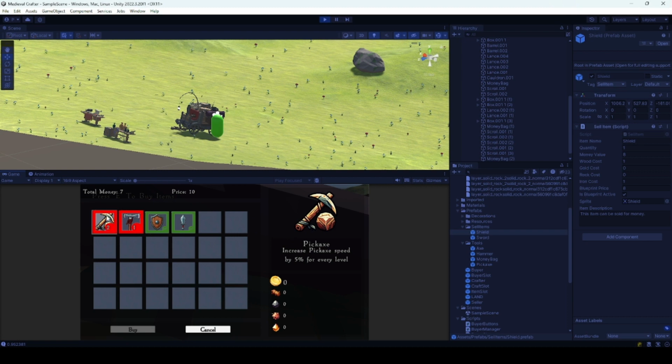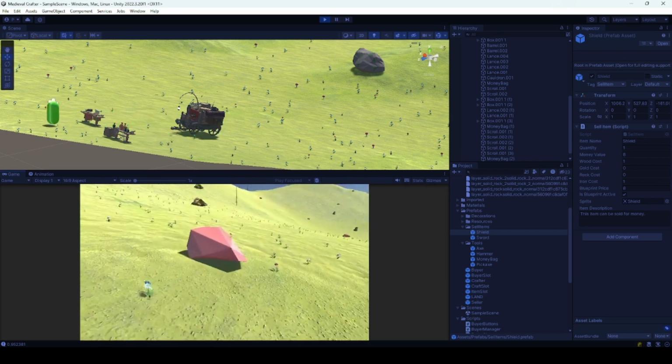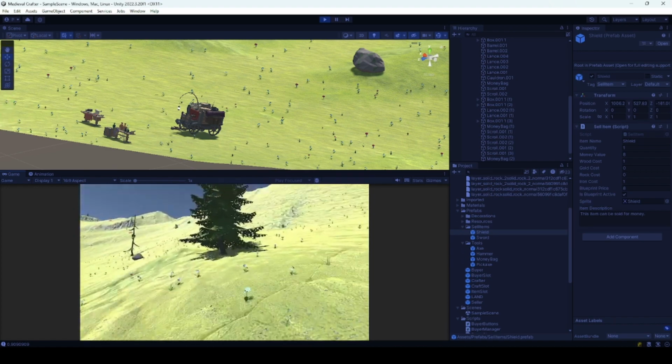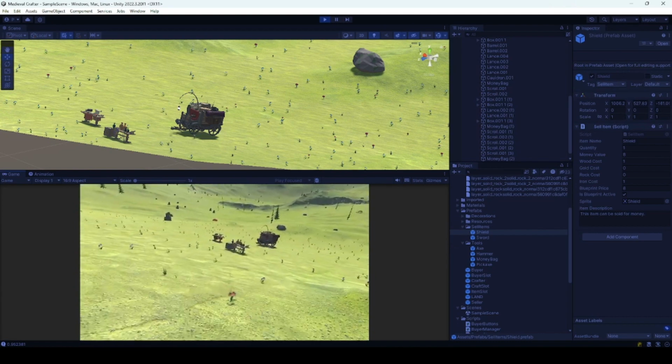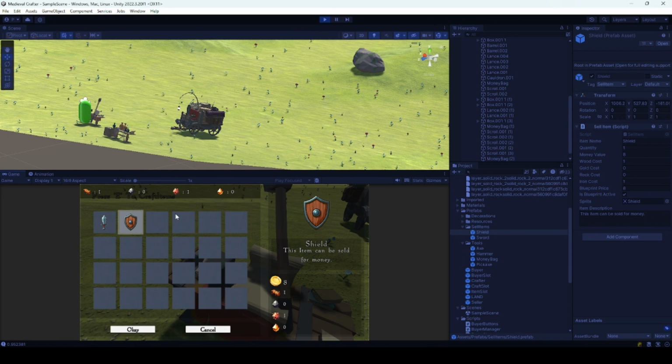So the upgrade, the level of the pickaxe is now 2. So for every level, the pickaxe increases its speed by 5%. Now I go here and I can collect some iron. I can collect some wood, and you can see that I can craft now the shield because I bought the